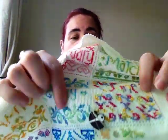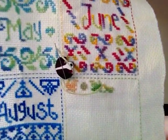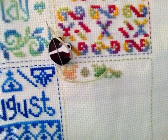But I cracked on with it last night and got that finished and made a little start on, can't get it to show, is that in focus? I can't tell. A little start on September. So as you can see, it's all been done in variegated floss. Everything except for,